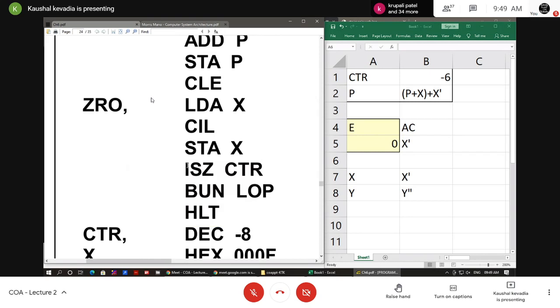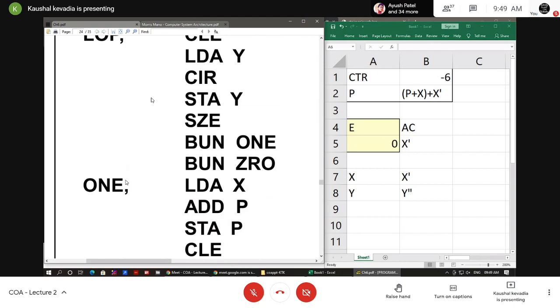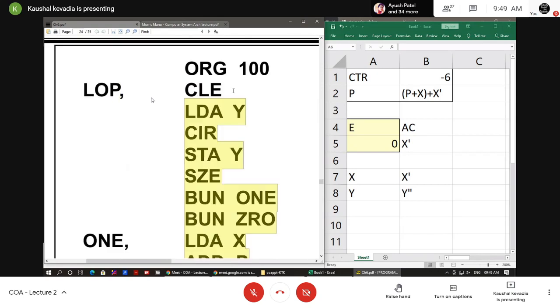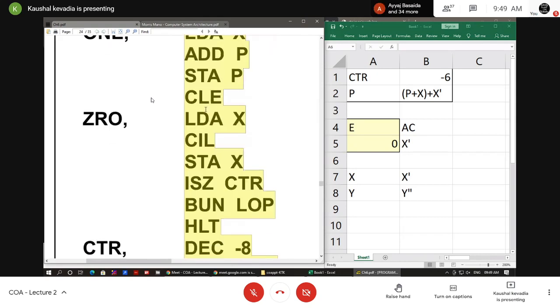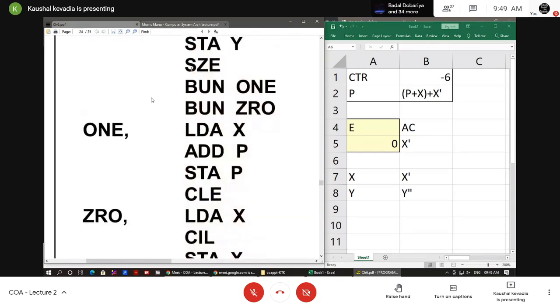Okay, and if it is not 0, where I have to move that branch to LOP. So at the initial stage, that is LOP. And if I didn't get the here 1, ओके, यहाँ पे सपोज BUN की जगह पे सपोज SZE में चेक कर रहा हूँ. ओके, skip that if E register is 0. Suppose at right now I will get the 0. E have a value 0.